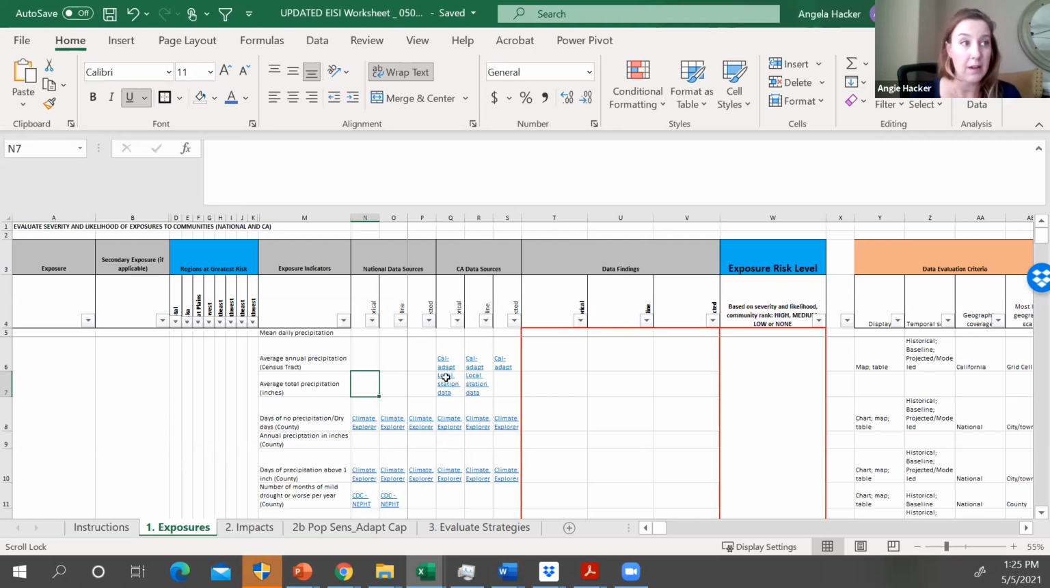They oftentimes have not just tables of data, but things that are more visualized, charts and maps and things. And so we look at historical, baseline, and projected information if we can find it. And if we have it, we point you to it. And this is just built like a worksheet, so you can actually drop in your findings into these cells as